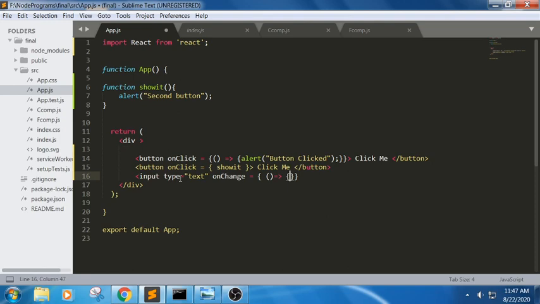Now here alert input updated. I have taken an input field and I have taken the onChange event here. When the user types in the input field, it should pop up saying that someone has changed it. And let me close this input field.